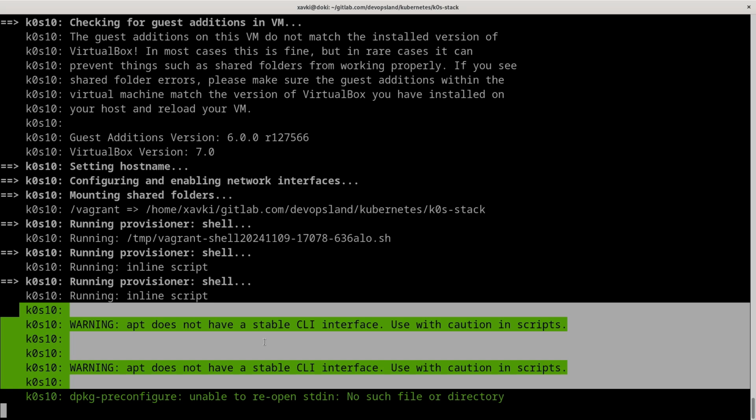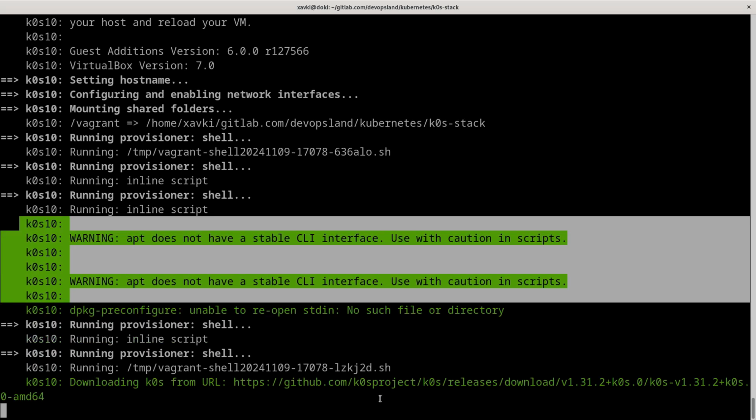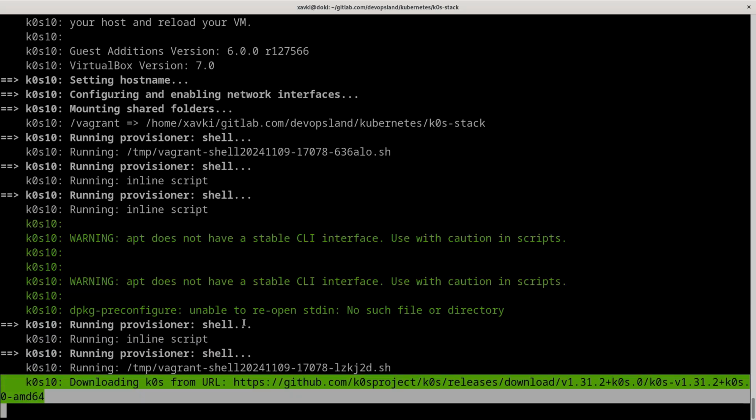We wait again, and after that we will have the provisioning of our Kubernetes cluster. We can see here a curl for the k0s binary. The download is easy and fast, I think.